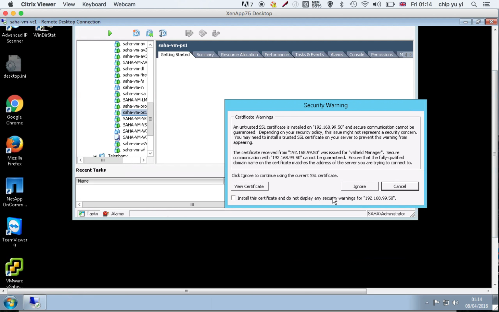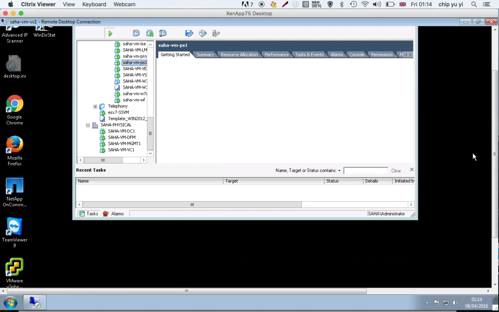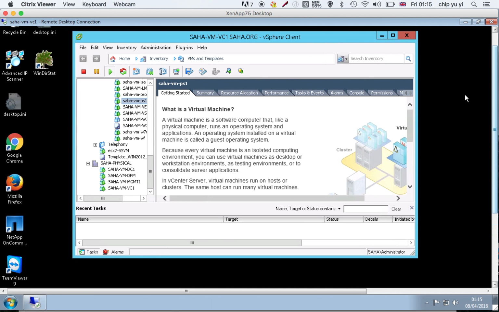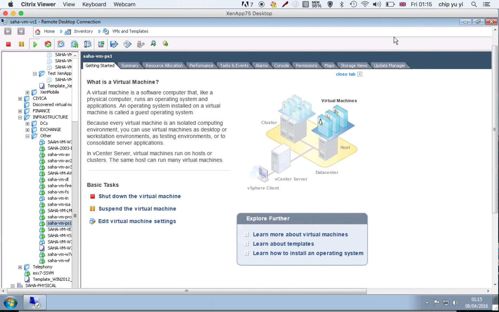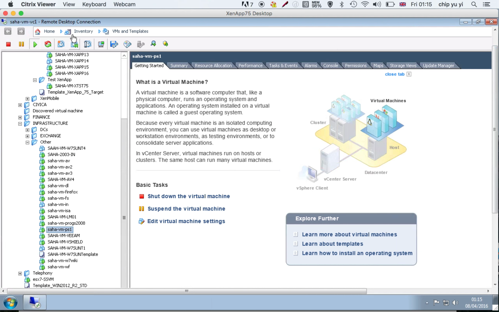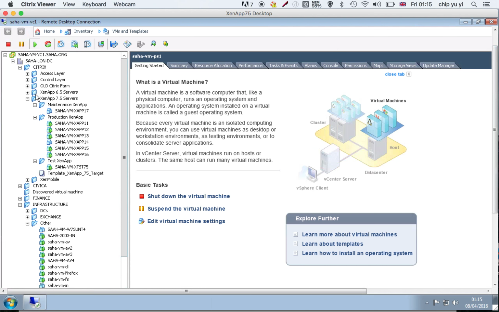All right, if this window comes up, just go to ignore, because that's the license from when we first installed. We never need to renew. All right, okay, so you see, we have to log into the home inventory and the VM and templates. So it's grouped in